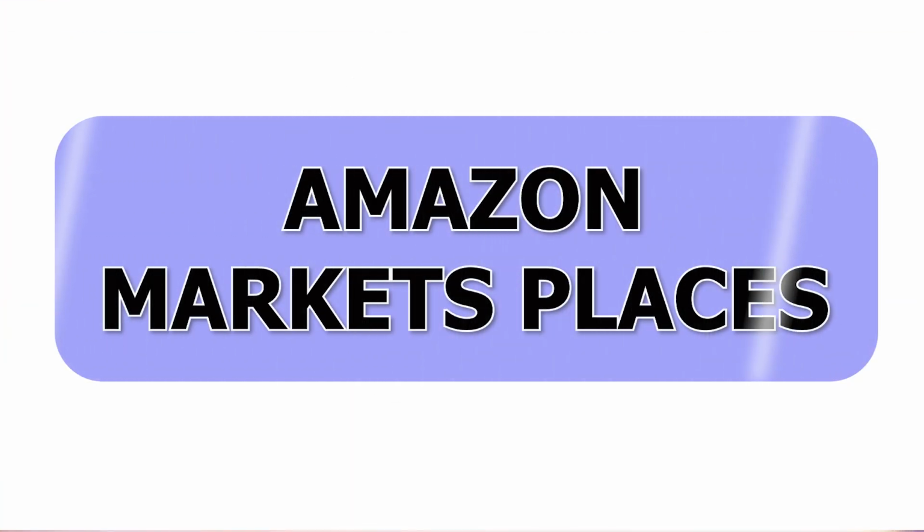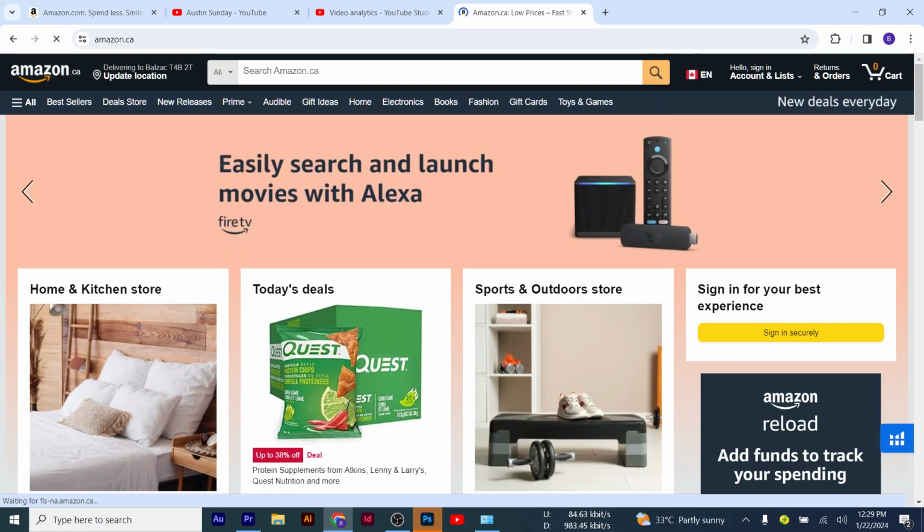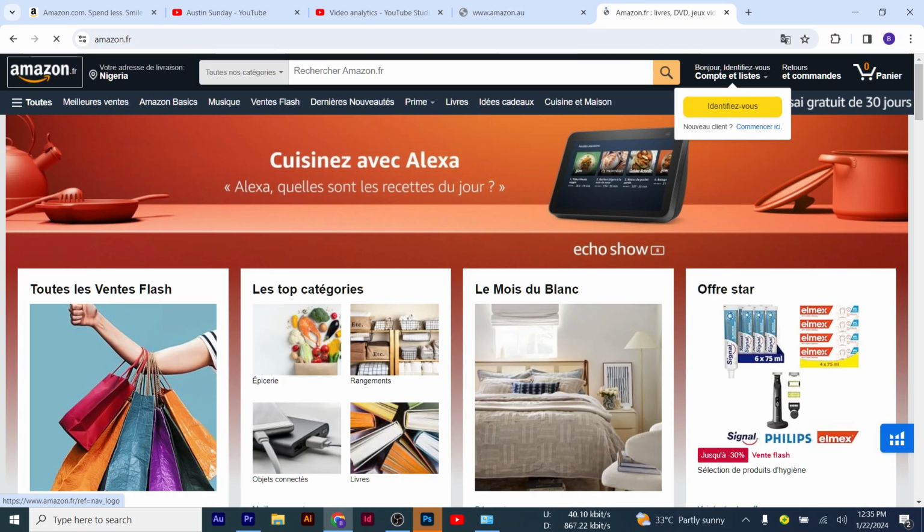So finally, we get to the best research tool of all time. This research tool is the best research tool ever, and there's no research tool that is ever going to take this number 1 spot. The research tool is Amazon itself. When I say Amazon itself, I mean the market you are targeting to sell your books in. Maybe you are planning to target the UK market, the US market, the Canadian market, the Australian market, or the non-English speaking market. These markets are the most trusted research tool because they tell you exactly what is happening on